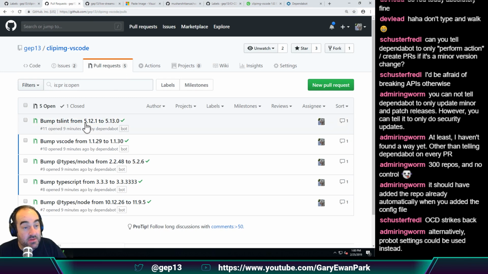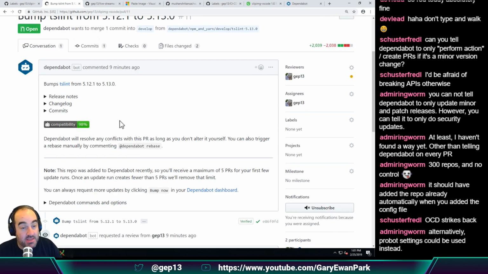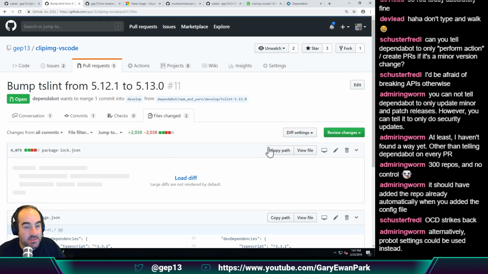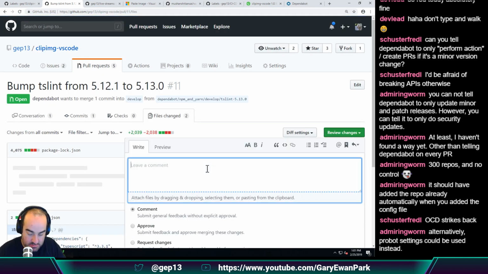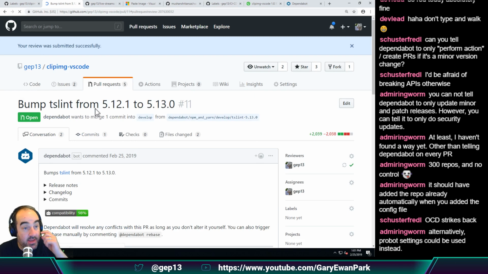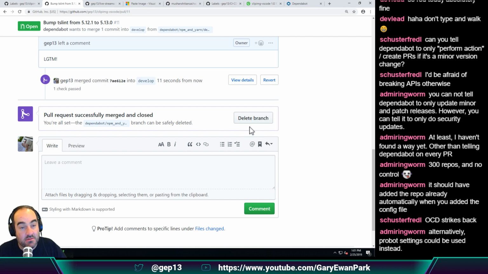So now in those PRs, it will be able to correctly assign that label to that PR. So again, we see here that AppVeyor passed all those builds. While we've been doing all of that, AppVeyor has run those PRs through the CI system. They all passed. So I'm going to go ahead and say, this looks good to me, and let's get it pulled in. Looks good to me, then approve, then submit review, and then I can click merge pull request, and with that done,